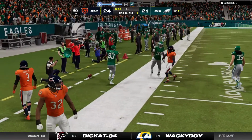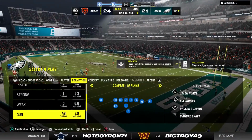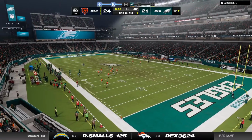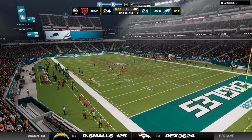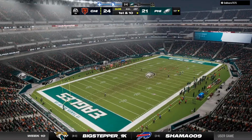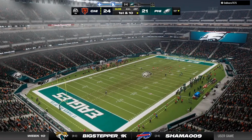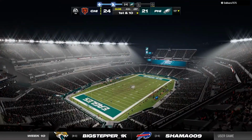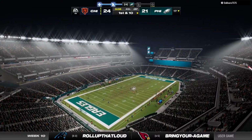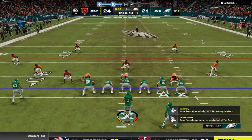And he's going to be out of bounds on the return. Not a great return. They'll start back around the 17. At their own 17-yard line. They'll come up 1st and